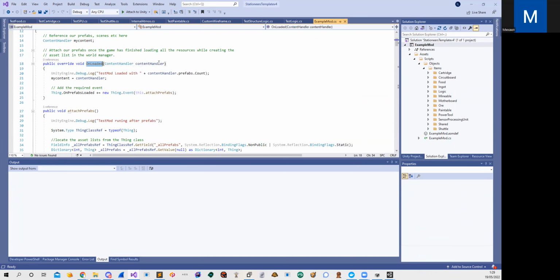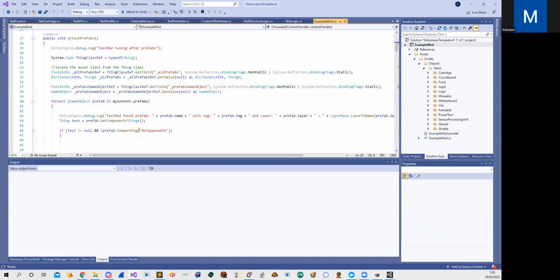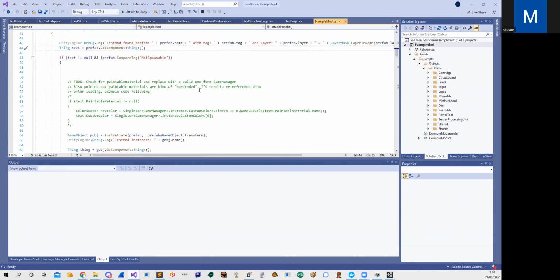And when it's loaded, it will wait for all the prefabs to be loaded, and then it will run this event, which is attach prefabs. So once the game has loaded all the prefabs, then it will add our custom prefabs. And then it will go one by one through all our references and all our content prefabs, making them and spawning them as a Unity thing and adding them where they need